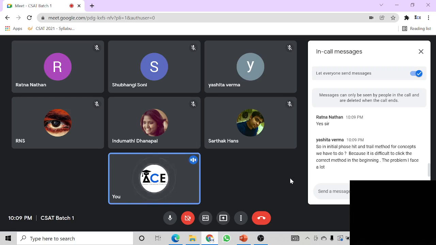Sorry, Yashita. So in the initial phase, the trial method for concepts we have to do to clear the current one. All right, Yashita, I get that. So see, the correct method, kind of a thing. Again, the only way to get a grasp of it is after you have done certain questions. This might be a little annoying, but the answer to most of the questions that are asked here is